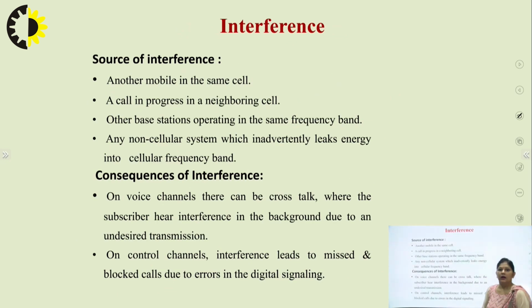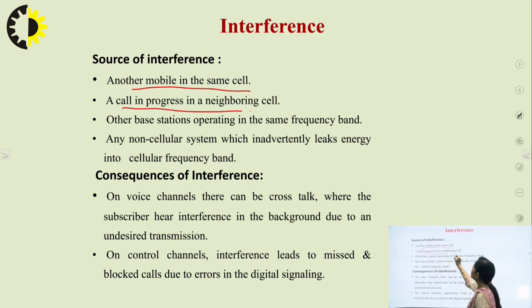Now, after the channels have been assigned to different users, and to different cells, there comes the problem of interference. Interference is a term we use when any unwanted signal comes in; then it is called interference. Now, the sources of interference in the case of a cellular system can be another mobile in the same cell,